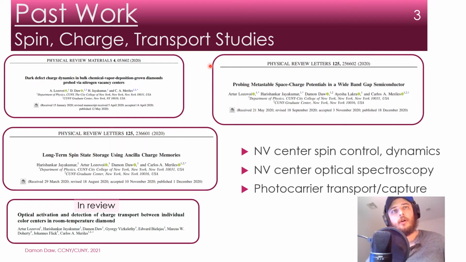My past work focused primarily on things like the spin and charge state of the nitrogen vacancy center. I'm not going to go into too much detail about it, but very briefly, it's a very good qubit that is a point defect in diamond, and essentially, what we started thinking about was what if we have some clusters of these defects in diamonds that are